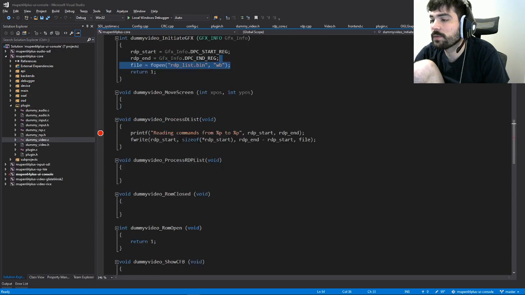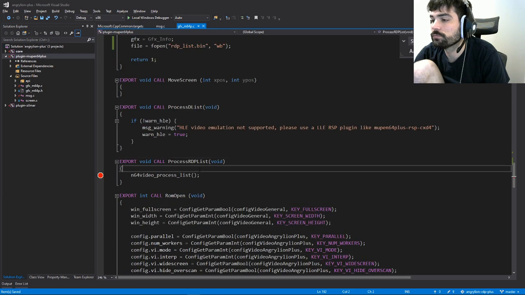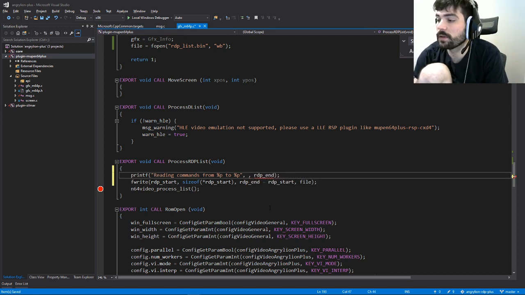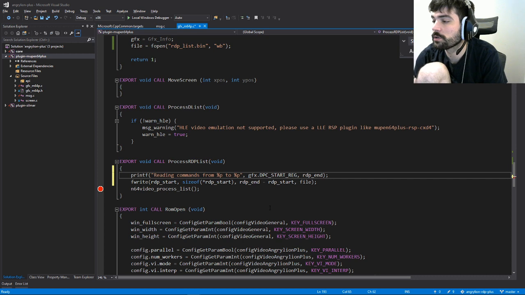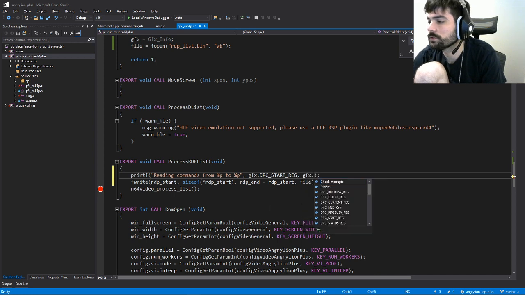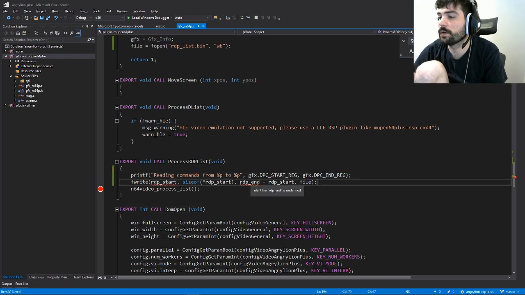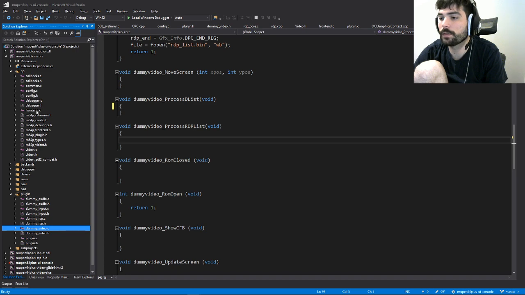And then in process RDP list, this is obviously the wrong one. Just gonna stick it right here. And instead of RDP start, we got gfx.dpc start reg, DPC end reg. Oh, and then I just figured out just now while I was talking why it is the way that it is. And it's because in the API, if we look at